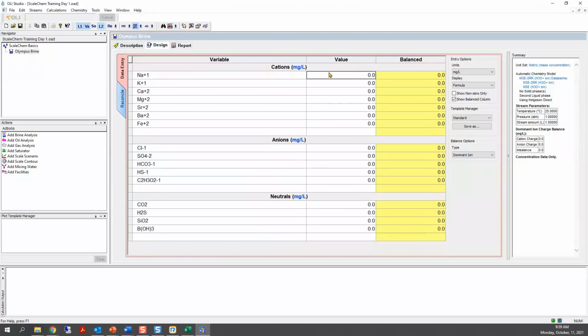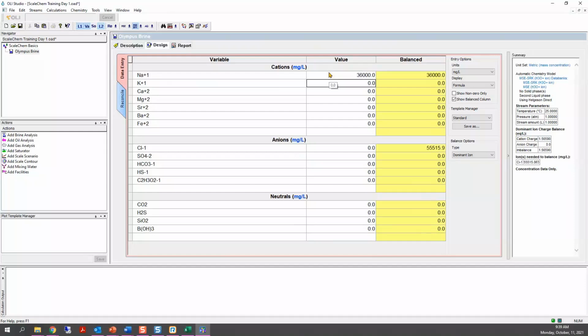So in here, we are going to start entering the water analysis. The water analysis was given to us, and every time you receive a water analysis, they will give you cations, anions, and neutrals. So we will start entering the cations. For sodium +1, we will enter 36,000.